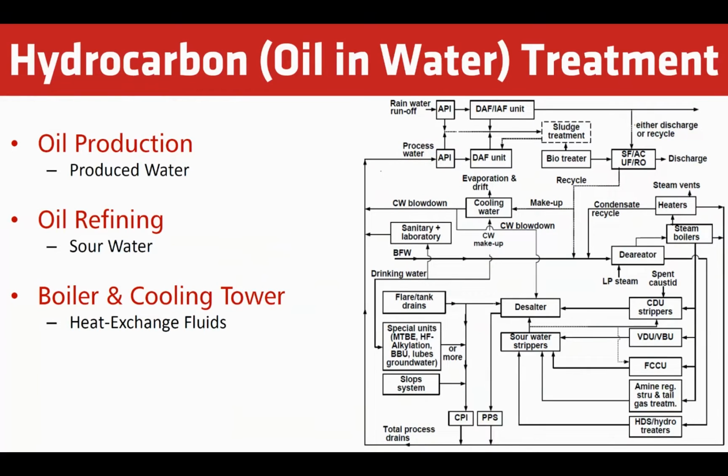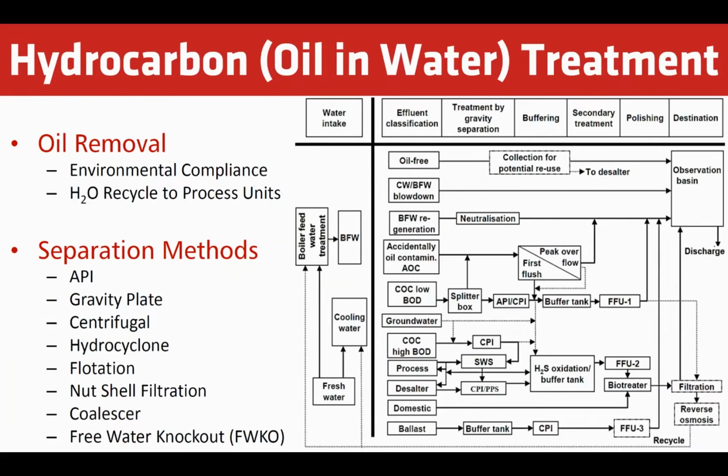As highlighted by the diagram on the right, the refining of oil leads to the creation of vast amounts of sour water. Industrial plants operating boilers or cooling towers can also have heat exchange fluid leak into their steam water circuit that must be treated. Oil must be removed from this water so the discharge meets environmental compliance. If the plant wants to recycle the water to be used in another process unit, the oil must be removed